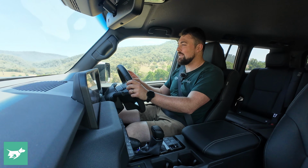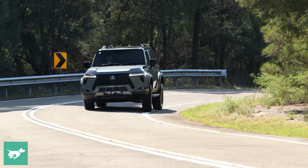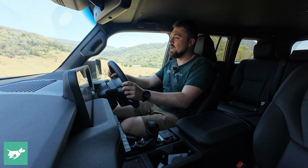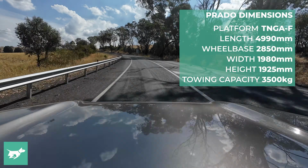There's a bit of insulation, but evidently not quite enough. And driving the Lexus GX with its smoother petrol motor, same chassis as this and more insulation, it's a pretty night and day difference, I've got to say. I must say I was quite surprised when Toyota first released the details for this model, and it turns out